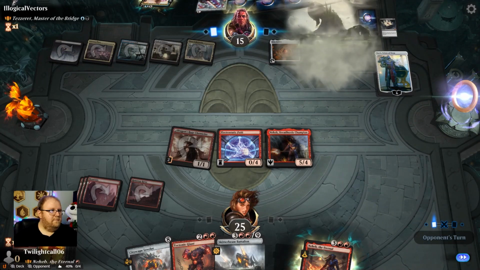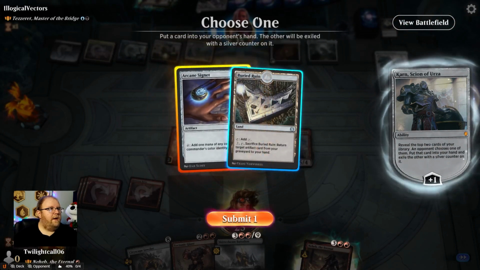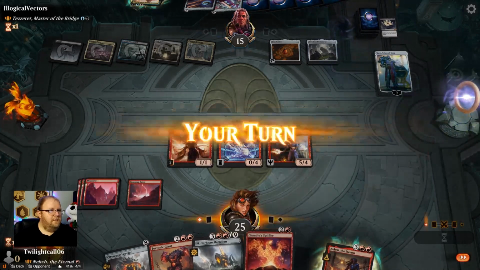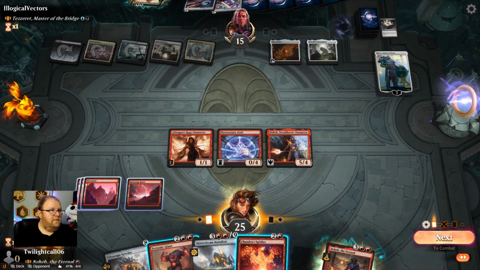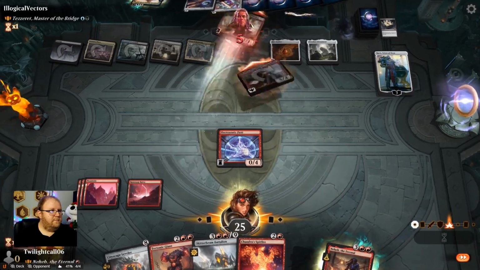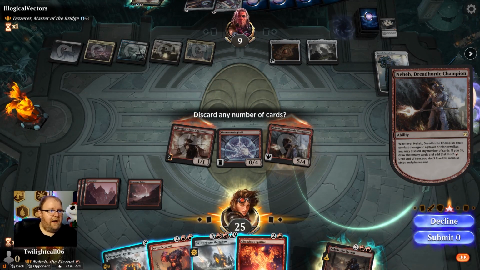Okay. You can have the Arcane Signet. I don't care. Not drawing lands is a real pain. So let's go with attacks. Smack them. Discard any number of cards. If you do, draw that many and add that much red. Let's do